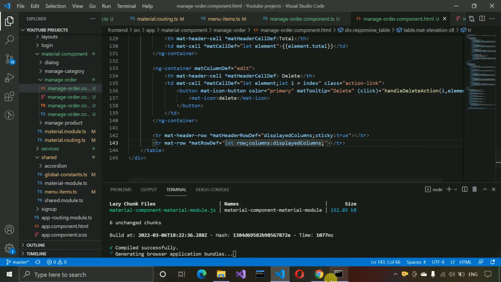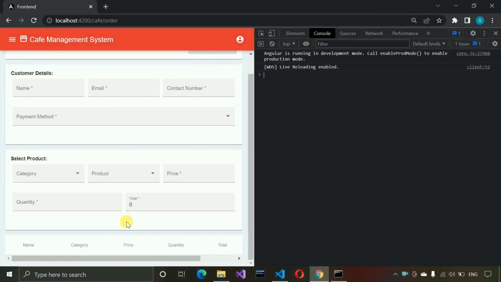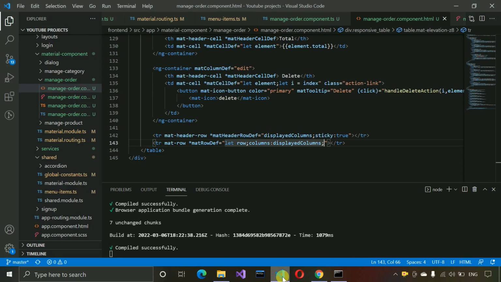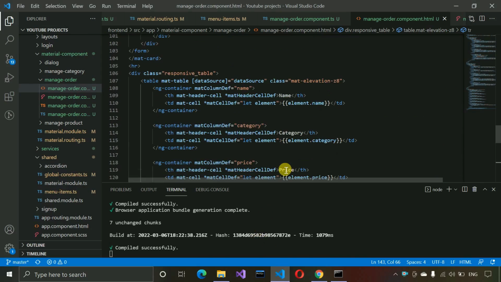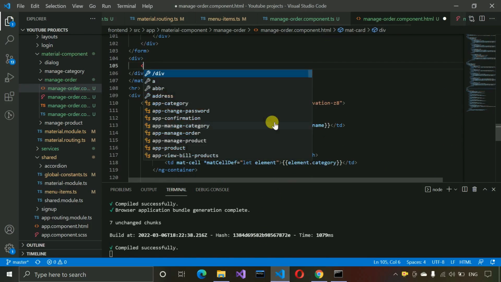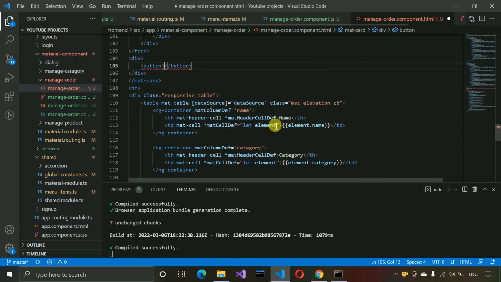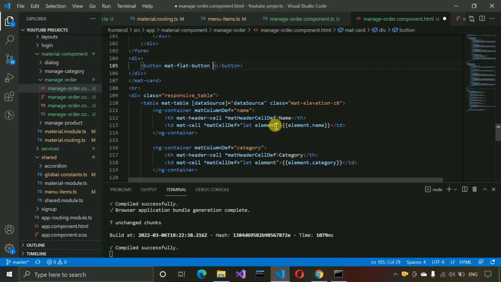And here you can see the UI, the table is visible, but there is no add button actually, so we also need to add it. Let me move back over here, let me move a little bit up over here, and below the form we have to just create a div, and inside that we have to create a few buttons, so button, and here we need to write mat flat button, this one, and the color will be primary,